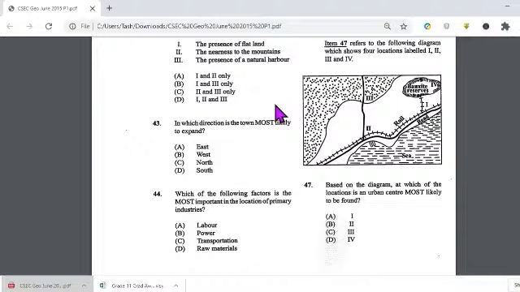In other words, where would you set up? Where would you put it? So, is it labor? Is it power? Is it transportation? Or is it your raw material? It would be raw material. The fact that you are getting your materials directly from the natural resources of the environment for it to be a primary industry, the most important factor for you in terms of location would have been where you're getting your raw materials from. So for 44, it would have been letter